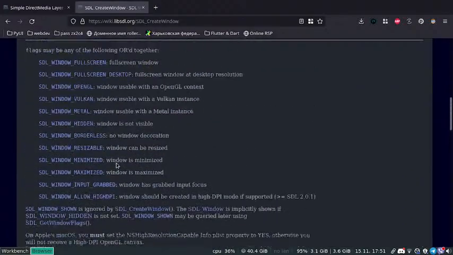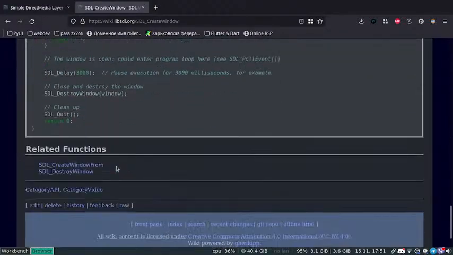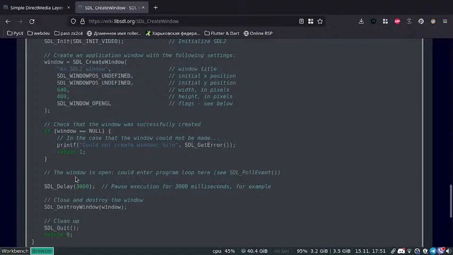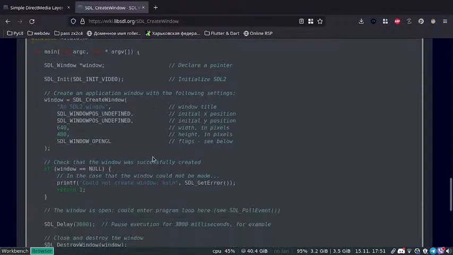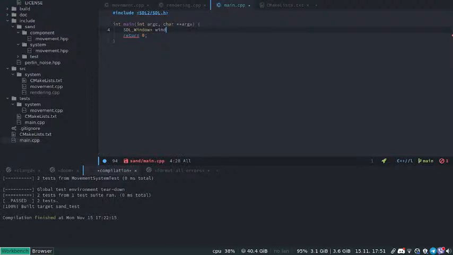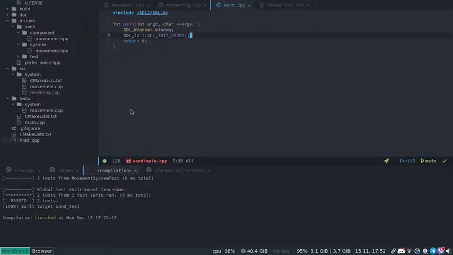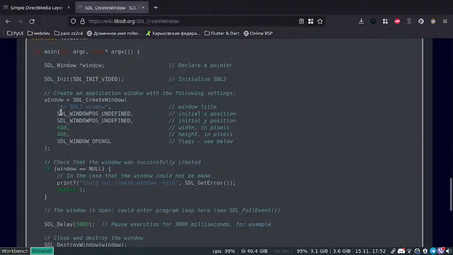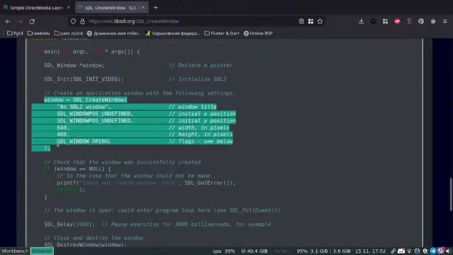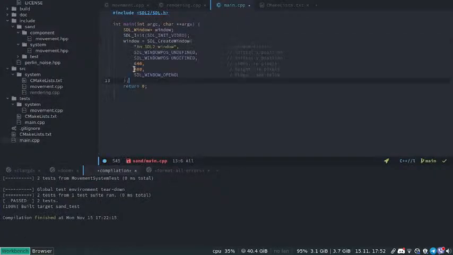Is that a C example or a C++ example? I'm not sure. Yeah, it looks like a C example, but that's fine. So we need SDL window. So let's say we have our window. I wonder if you can create multiple windows. SDL init. Okay, and then you'll need to create your window, which I'm just gonna do Control C, paste that in, and